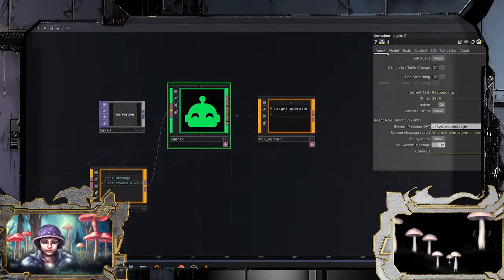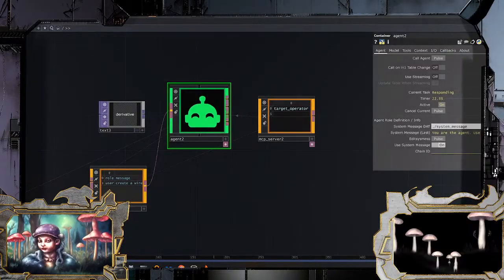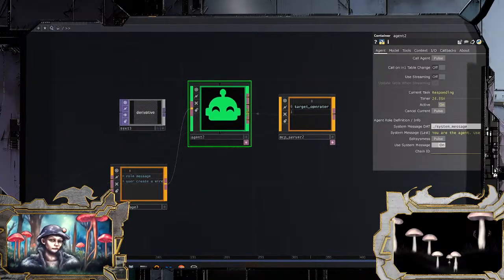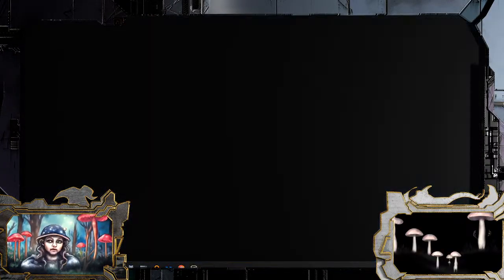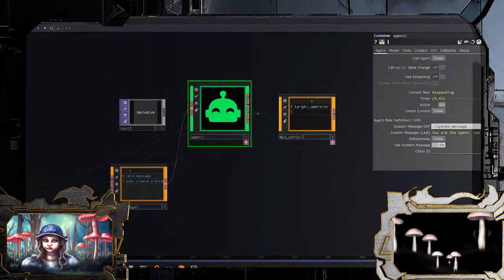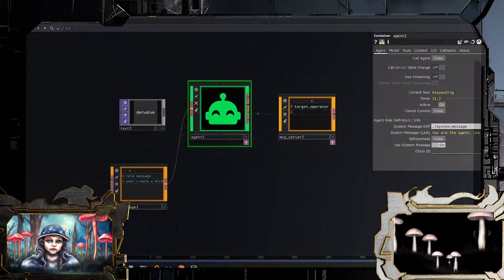Manga style image of magical mushroom people in a fantasy forest. I love that. That's such a good prompt. Oh, my camera turned off again. I don't know why it's doing that. Here, let me just get us back. Camera.